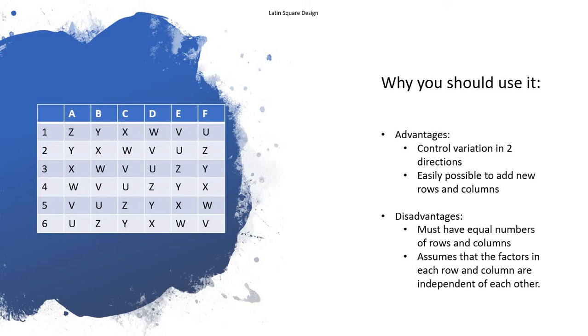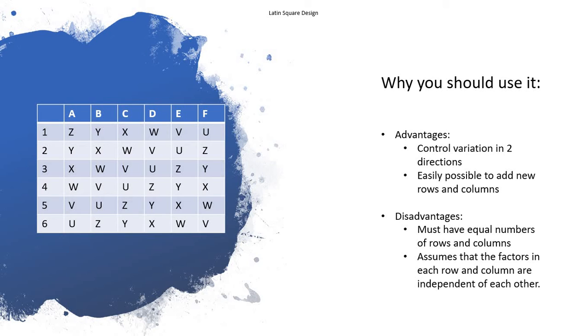There are advantages and disadvantages, as with any type of method of organization, always pros and cons. The main advantages to using a Latin square design is that you can control the variation in two directions. In most standard graphs where you're just comparing one treatment along multiple different tests, that's just controlling one degree of variation, just varying what is happening in each test. How is the outcome different? But in this case, you can actually view perhaps one treatment is done different from another. You can control the variation in each situation in both the treatments and the tests that are being